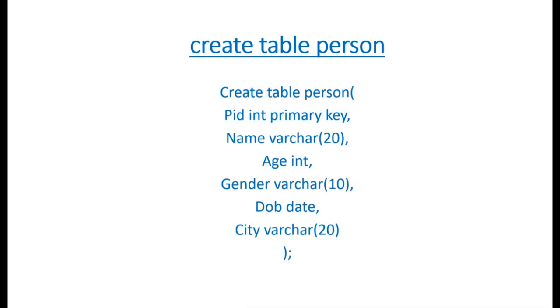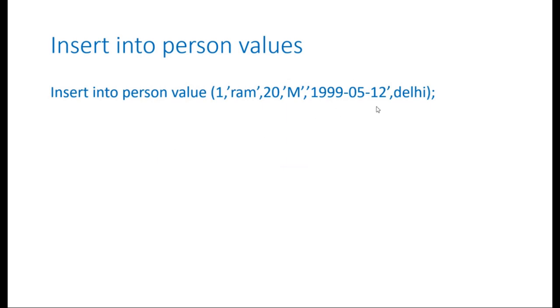At this time I am not explaining the data constraint in much detail, but data constraints are rules that we apply on the type of data. If I am using the data type int, I have applied the rule that it is the primary key of my table. There are different types of rules which I apply to the type of my data, and we will learn those rules in detail when we discuss the data constraint part, and then we will insert the values in it.